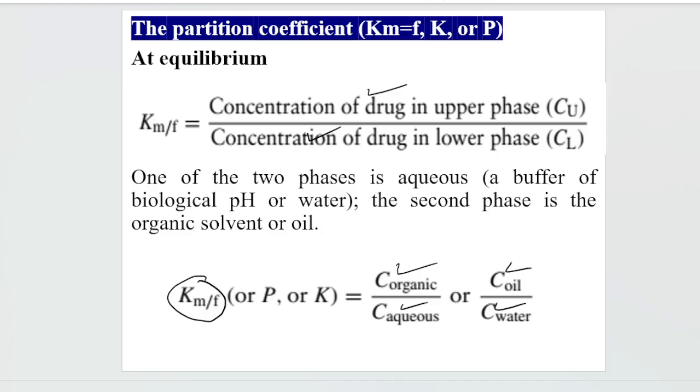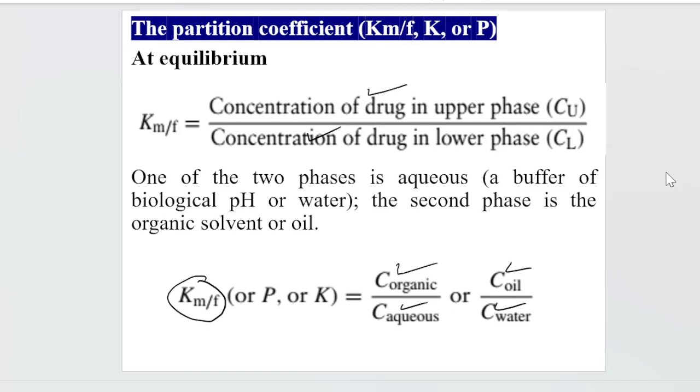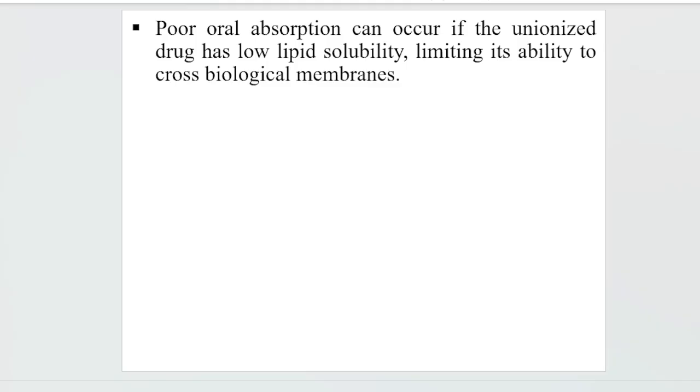So that is basically the concept of the partition coefficient, Km over F. Based on this, if the partition coefficient is greater, this means that the concentration of drug in the organic phase will be greater, so there will be more transfer of drug from the GIT into the blood. Okay, so another thing is that